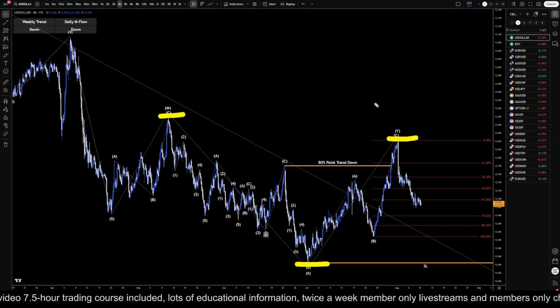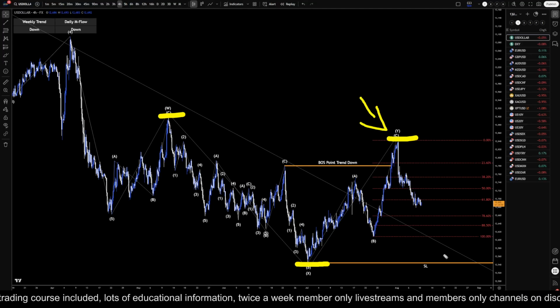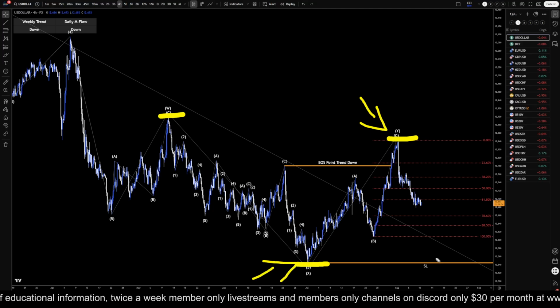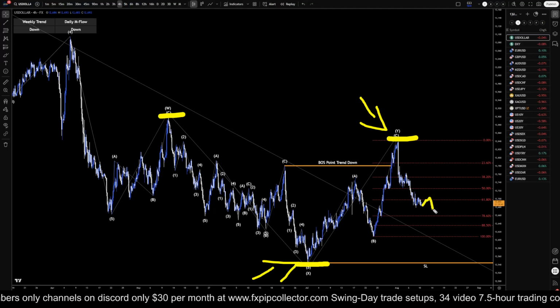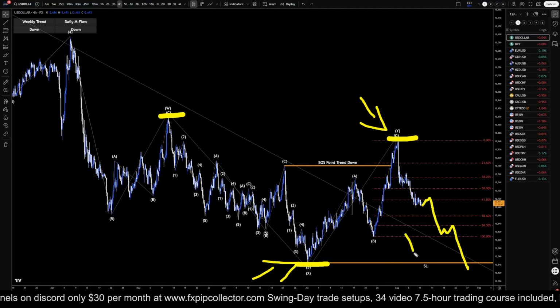If that is true, that means that this right here is the end of a crescent. What happens at the end of a crescent is it will take out the previous lows. So I am definitely still very, very bearish the dollar. If it really is a running WXY, three ways up, three ways down, three ways up, which it definitely looks like it is, then this should continue to make lower lows, lower highs, go down and give us this